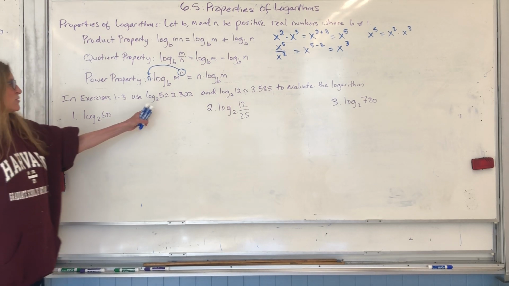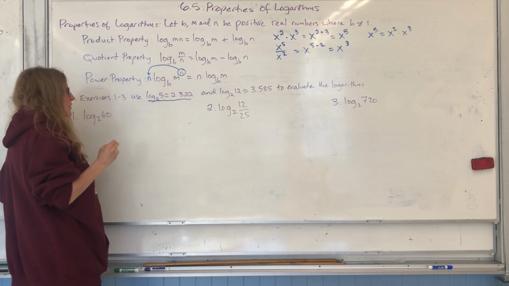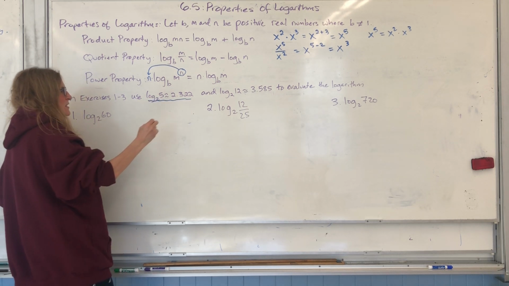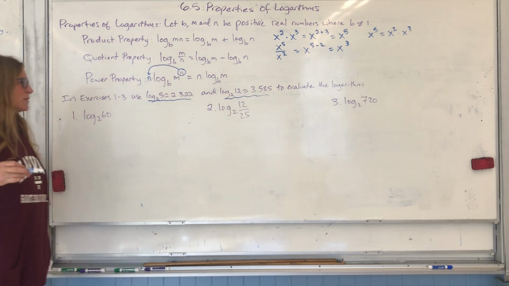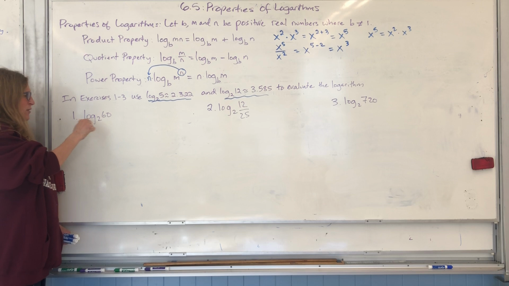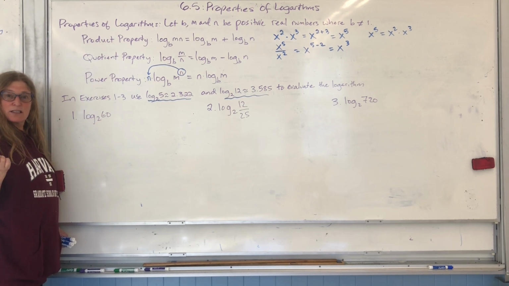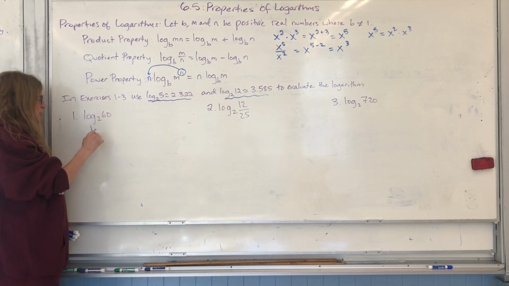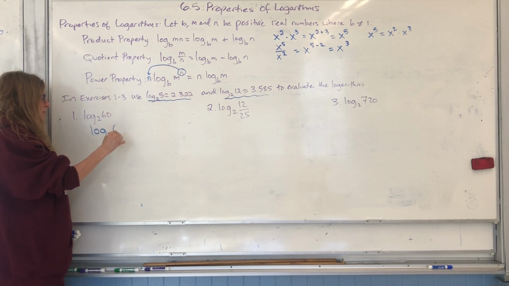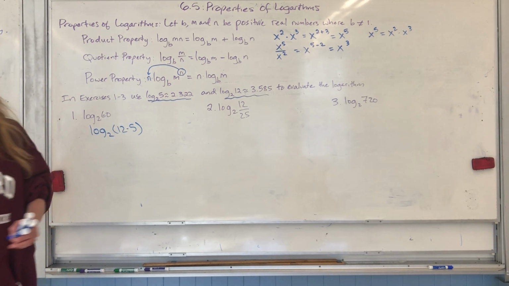Well, imagine if we are given two pieces of information. We're given that log base 2 of 5 is equal to 2.322, and log base 2 of 12 equals 3.585. So how can we find log base 2 of 60? They didn't tell us log base 2 of 60. But I can notice, if I split this into log base 2 of 12 times 5, right,